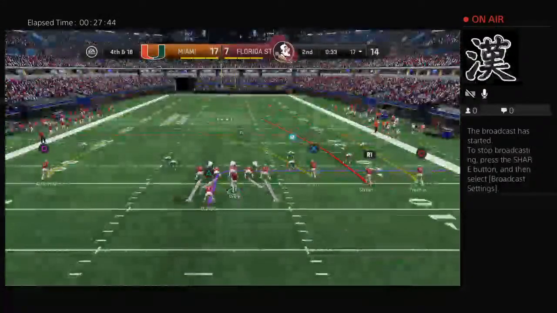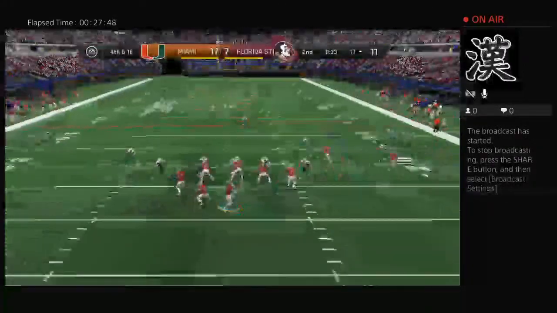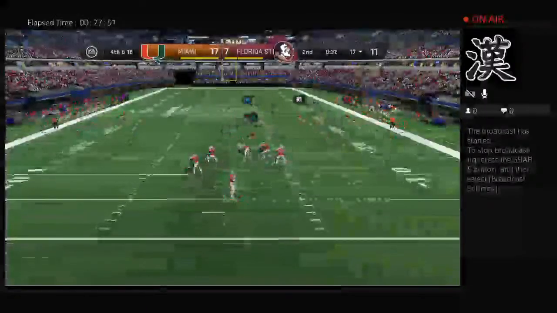Despite being 0 for 4 converting these so far, I guess you're going to say fifth time's the charm. They're going again on fourth down. There's this out for Streets. And he knocks the ball away, and it falls incomplete. A surprising move to go for it, and predictably, at least someone...